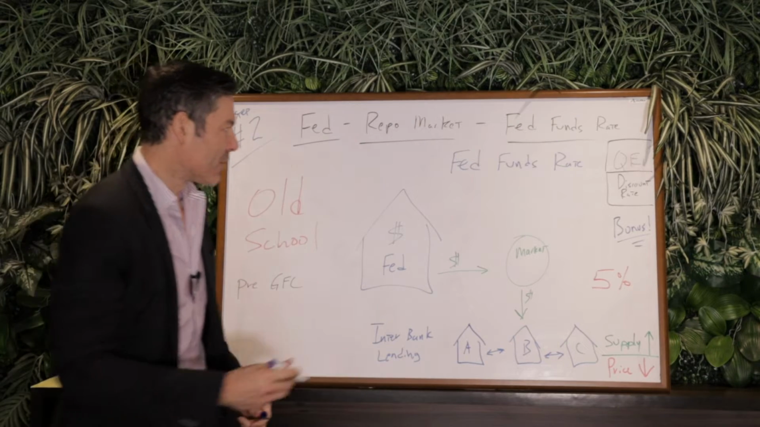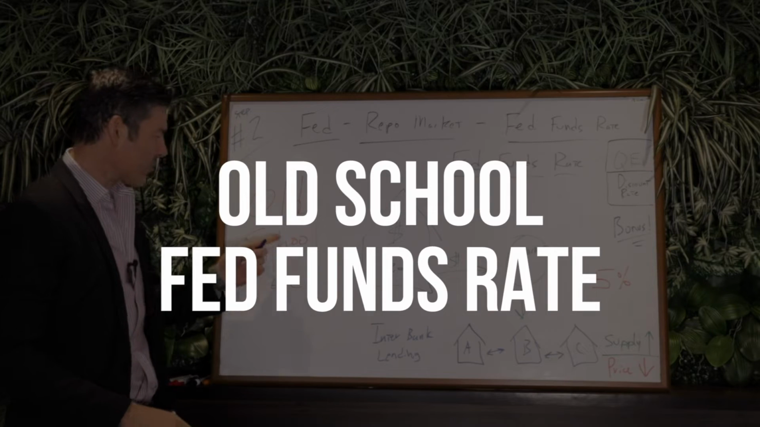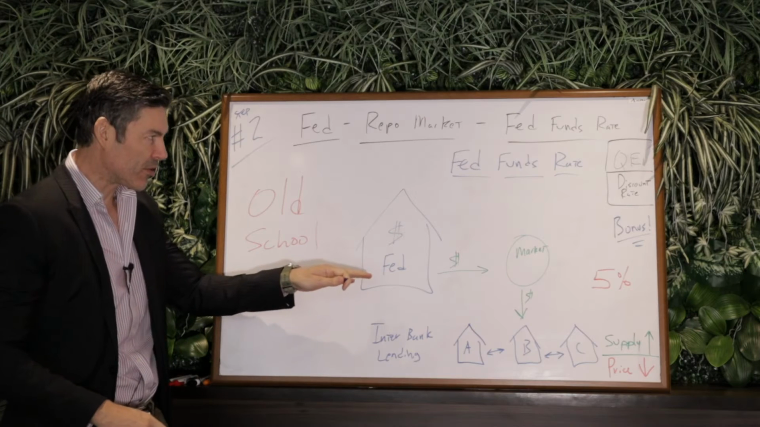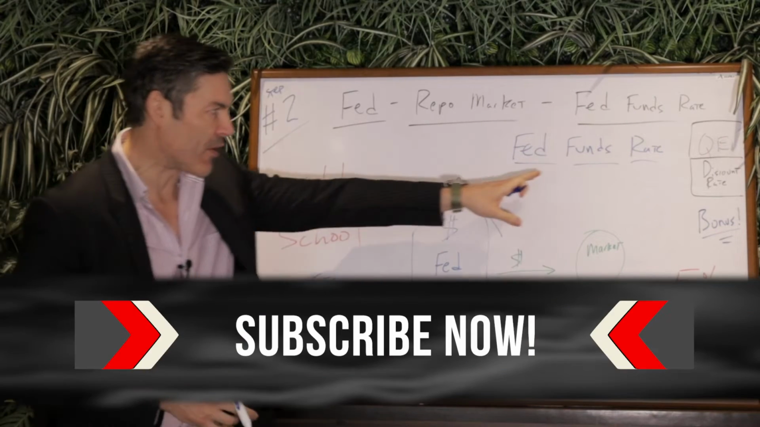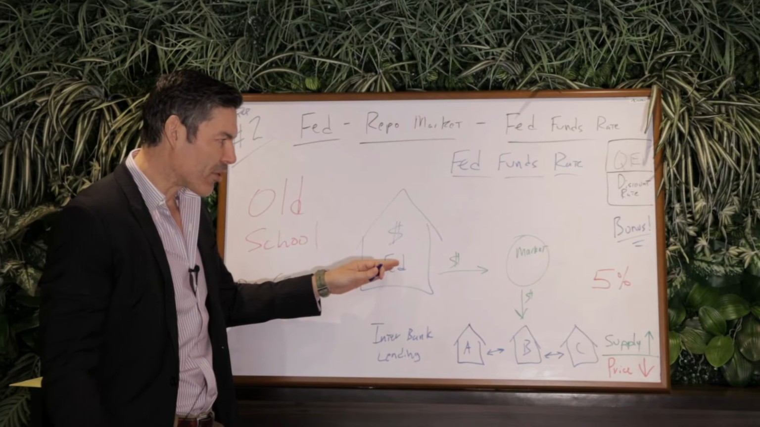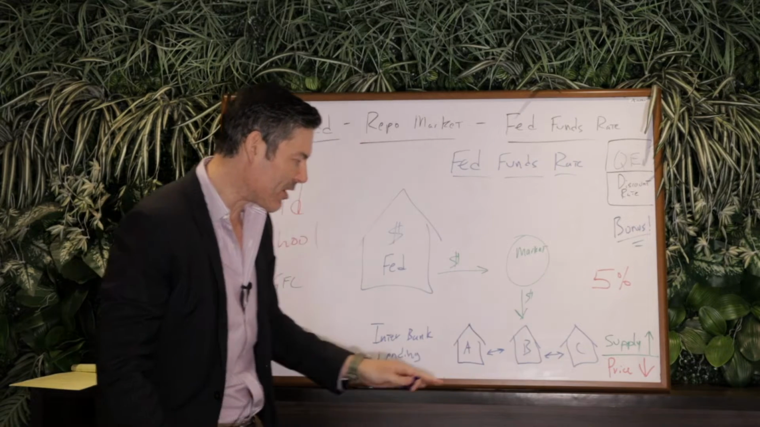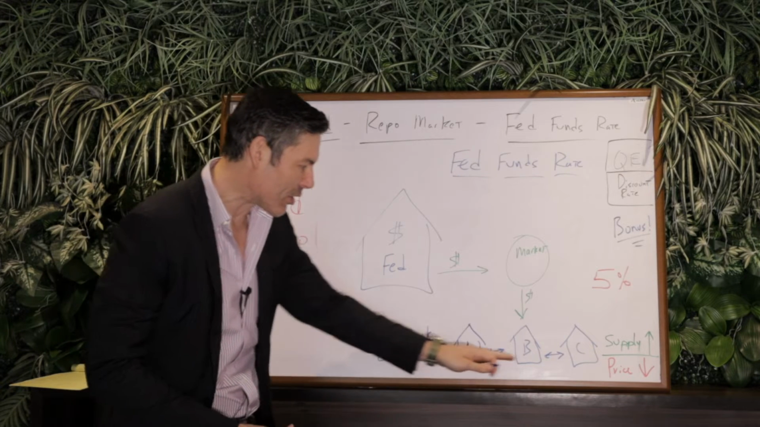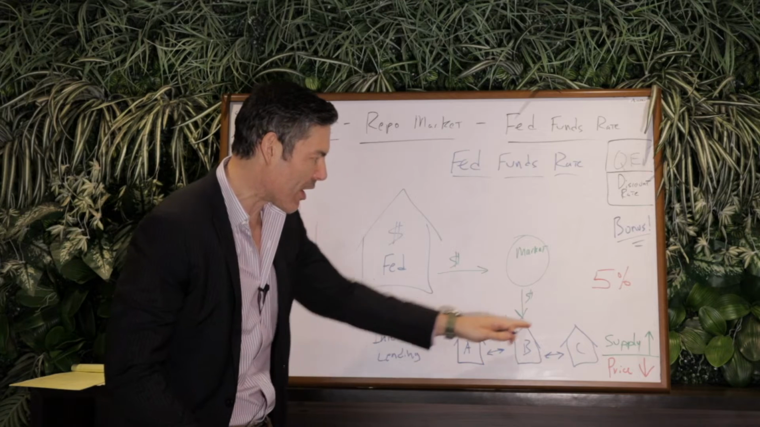Step number 2. Let's figure out the Fed funds rate. Let me be clear, this is the old school Fed funds rate. They don't do it this way anymore, but it's really important that you understand this. This is how they controlled the Fed funds rate prior to the great financial crisis. We've got the Federal Reserve right here, and let's say the current Fed funds rate is 5%. That means that the overnight lending between all of these banks, the interbank lending, they're lending to each other at